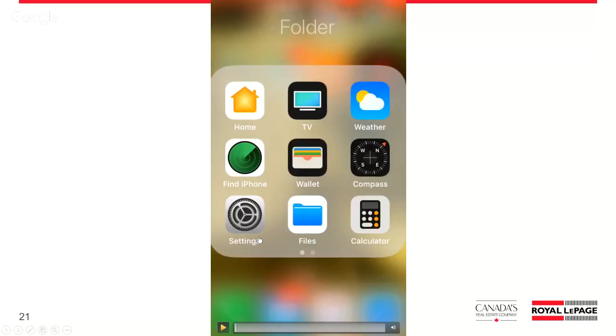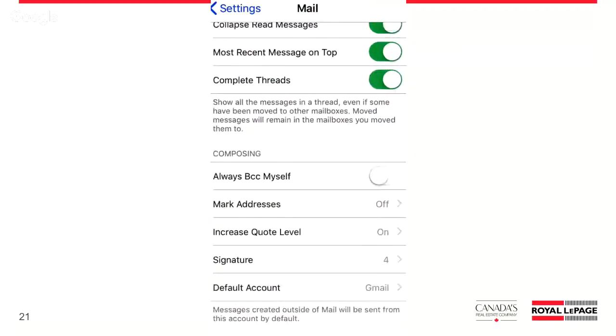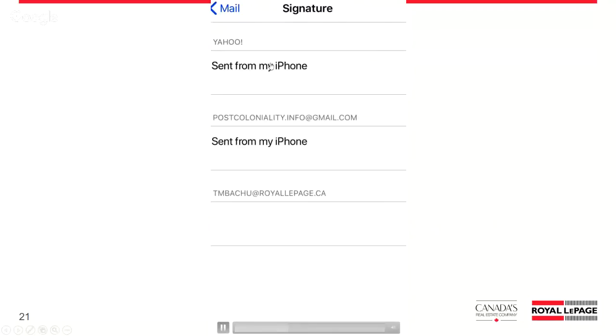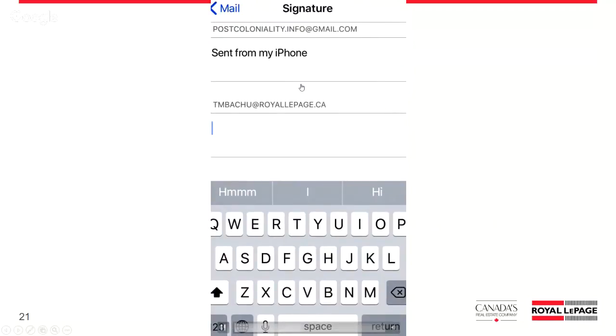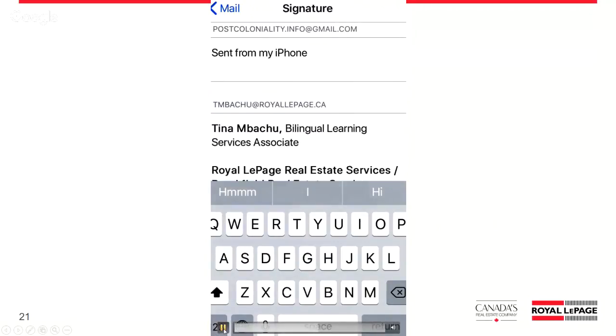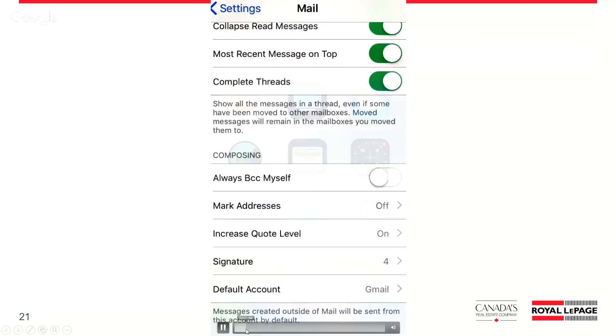I don't know if I should call it a tab or a button, but it's settings, so you always click on that. Once you open up settings, you go to Mail, and it opens up the settings for your mail. Click on signature. So if you click on signature, you can see